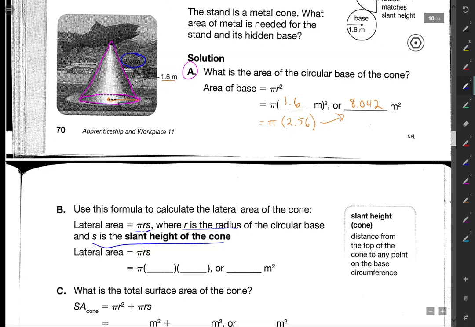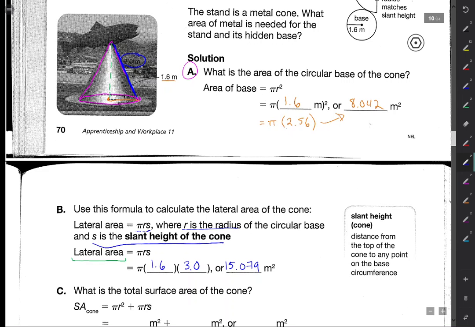The slant height is the slanted height up the side, not the regular height of the cone, which would be going straight down from the tip top. So the lateral area is pi times radius times the slant height. We know the radius there is 1.6, and the slant height is 3.0. So if we do pi times 1.6 times 3.0, we are going to get